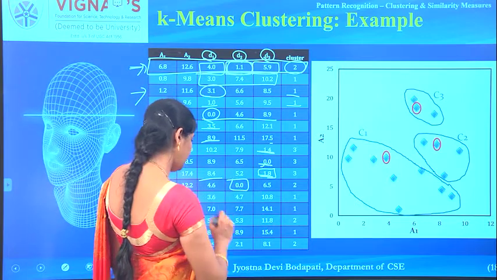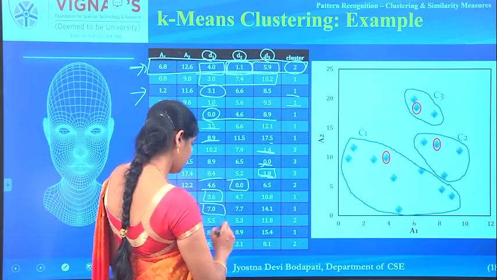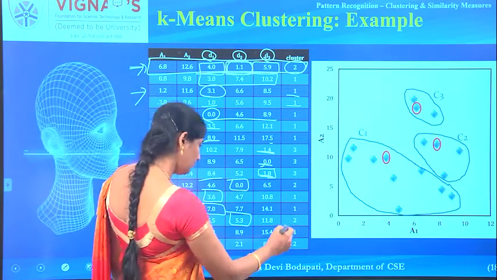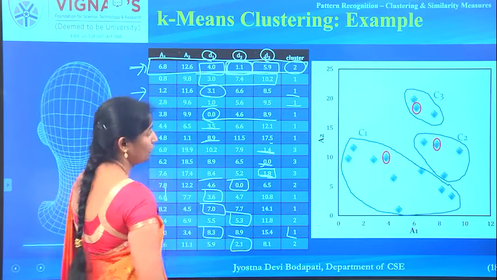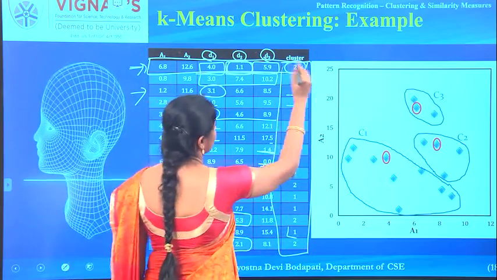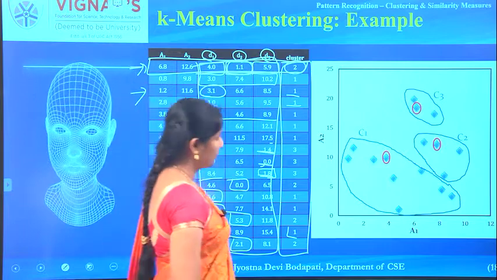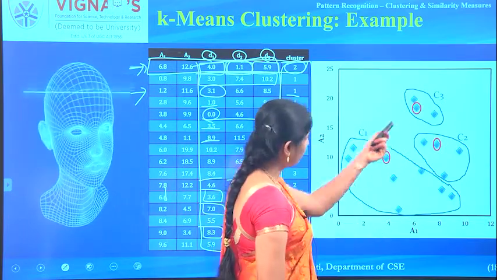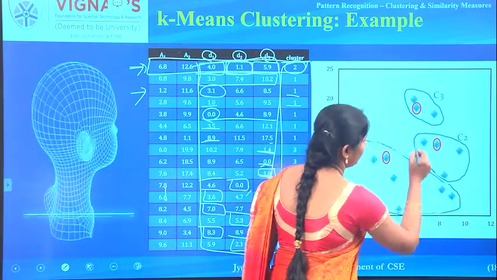And this is to the second cluster, the first cluster, then the first cluster, then this to the second cluster, then the first cluster, then this to the second cluster. So now I have assigned every object to one of the clusters depending on the distance measures. Now that is available with me. If you observe, after assigning each object to one of the clusters, these are the initial clusters that are formed.